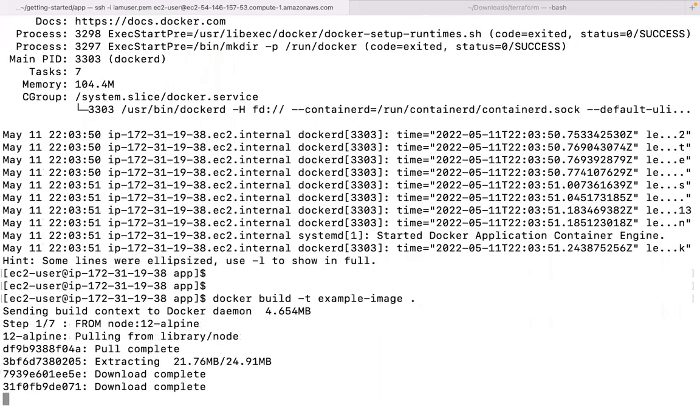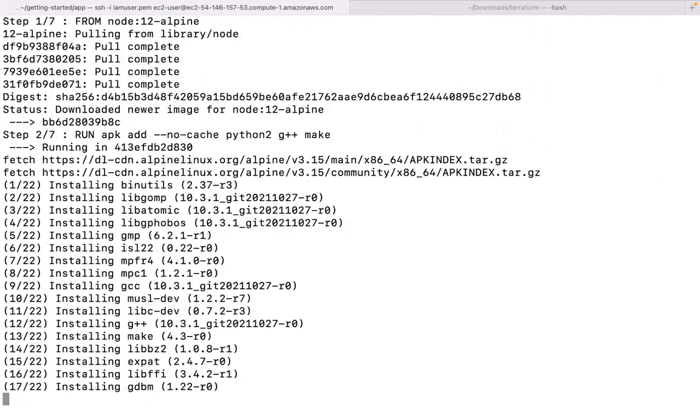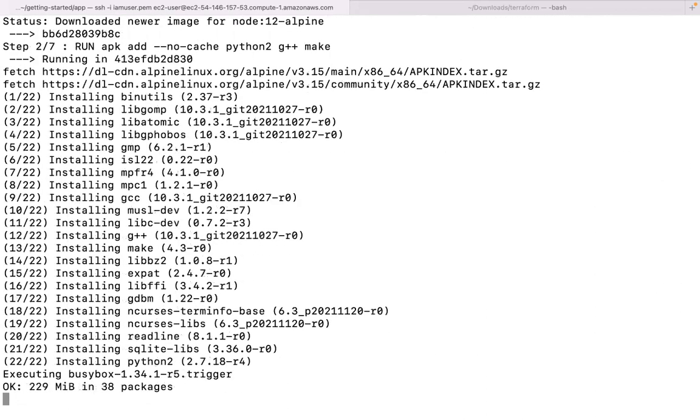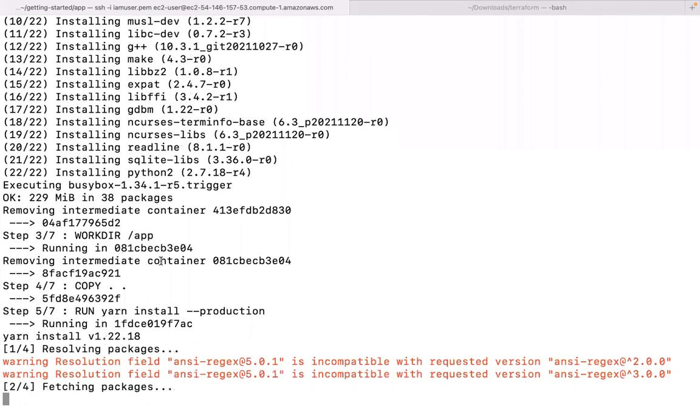You see that now the image is building. It is building an image. You see that it is installing. Do you know what exactly is happening? It is installing prerequisites.